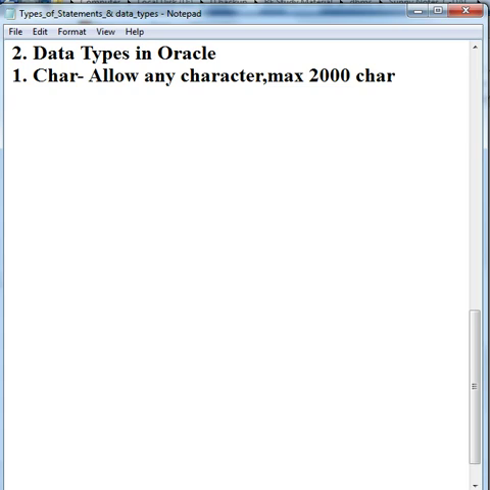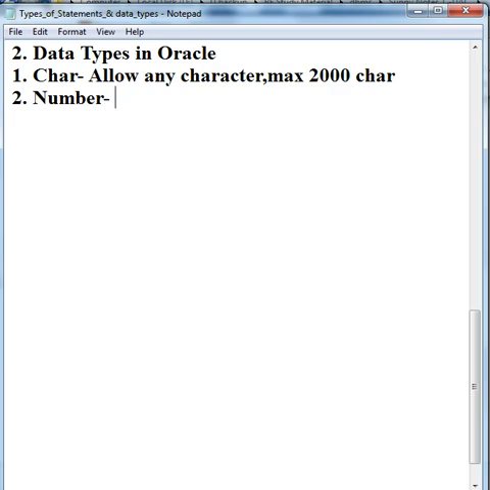The second data type is number. In Oracle we have a data type called number. It allows numbers only, in the range from 1 into 10 to the power minus 130 to 9.9 into 10 to the power 125. It takes 4 to 7 bytes.